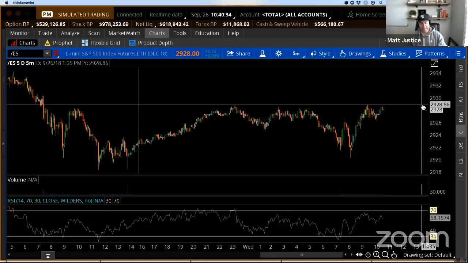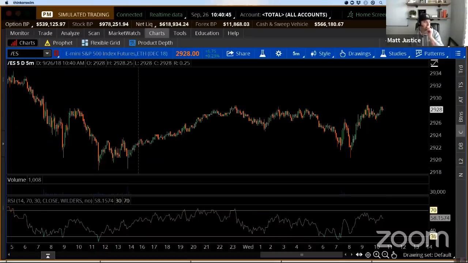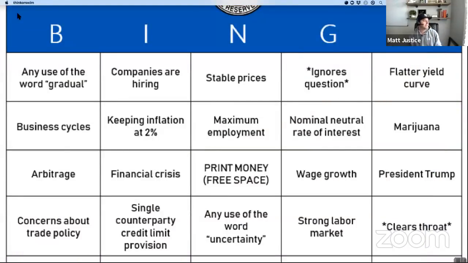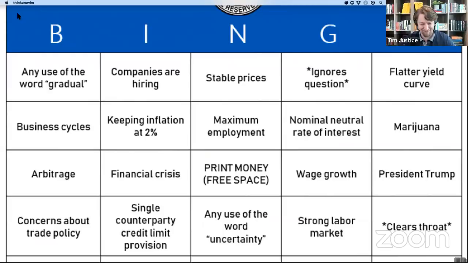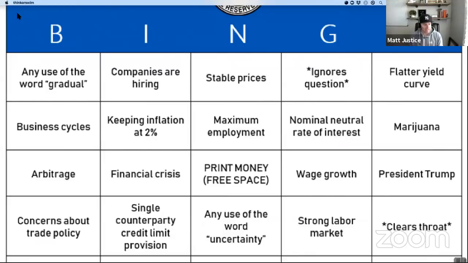The language of Jerome Powell, we don't know yet. We know what he said, but his language isn't the same way that we had with Janet Yellen. Under Janet Yellen, there were always a couple key phrases. If you'll bring up your screen again, there are these phrases, and this is from Morning Brew. It's a bingo game on the Fed you can play. Noah asked if we were going to play a drinking game later today, and I thought that would be funny as well. But there are certain words used in the Fed statement, and the Fed statement is not long, and everybody should read every single Fed report. It's like 600 words, like 4 paragraphs or something like that.